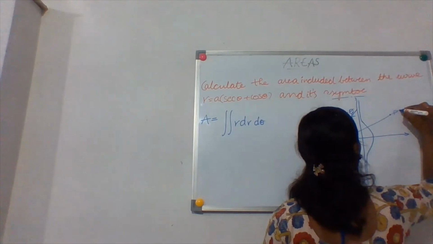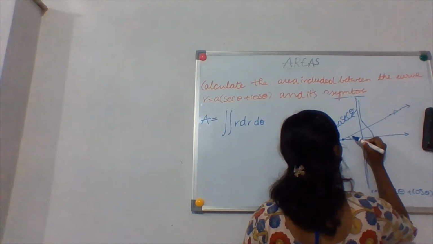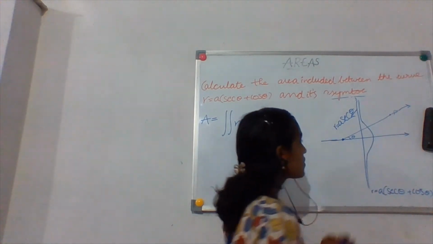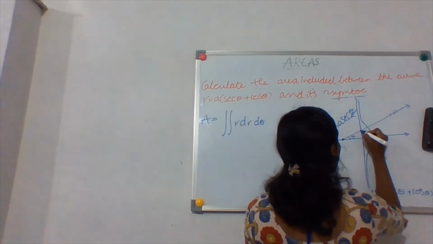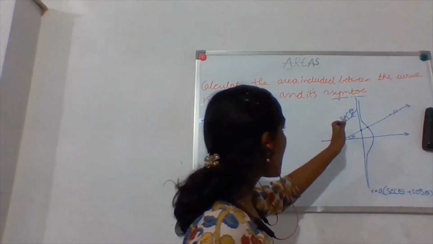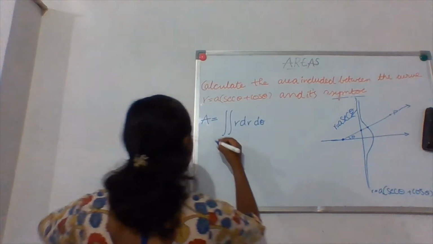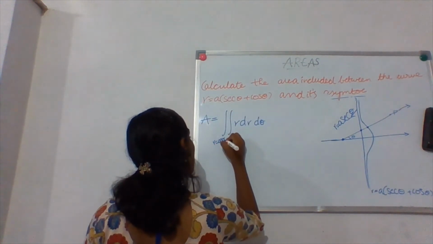Okay, you have to draw it, and now this makes some angle theta over here, right? Yes, so this makes some angle theta over here. And how is this passing from this line to this curve? So what is this line? r equals a secant theta, right? So the limits will be from r equals a secant theta